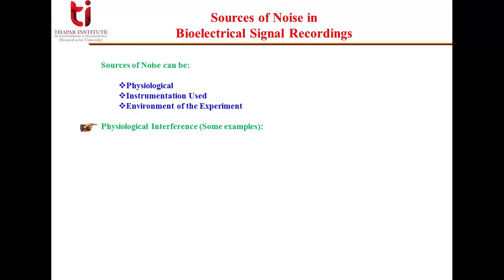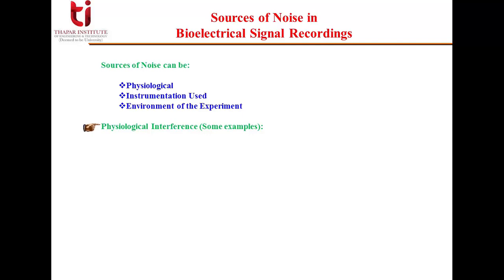The physiological interference. The human body is a complex conglomeration of several systems and processes. Several physiological processes may be active at a given instant of time, each one producing many signals of different types. A patient or experimental subject may not be able to exercise control on all physiological processes and systems. The appearance of such signals may be termed as physiological interference.